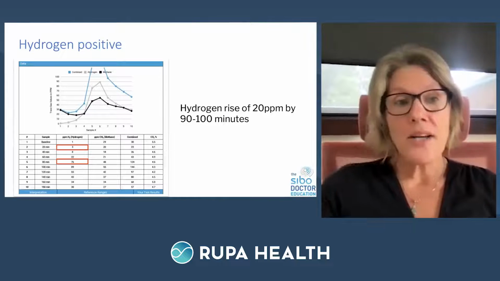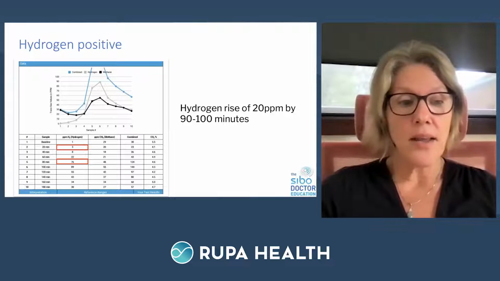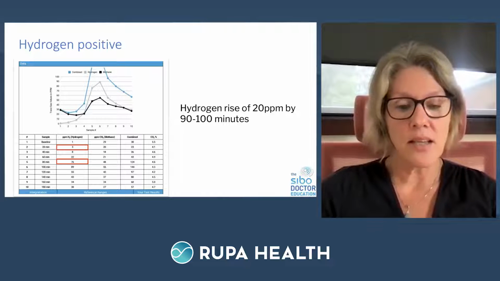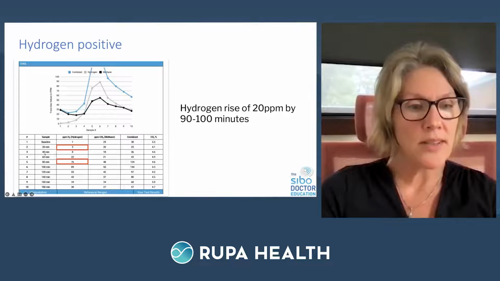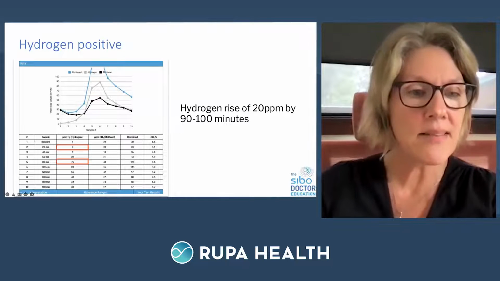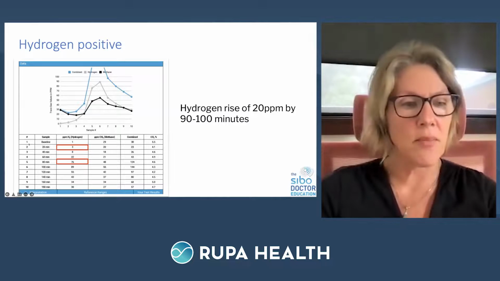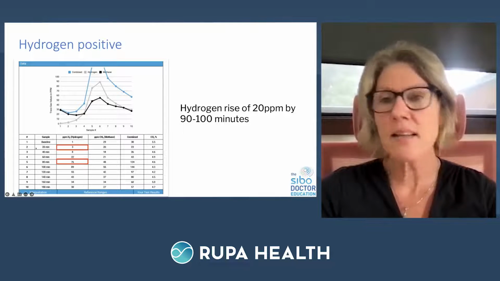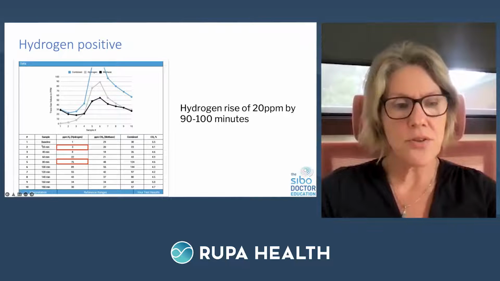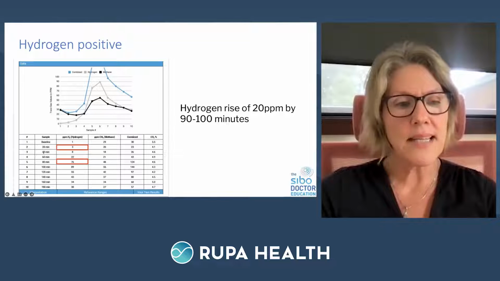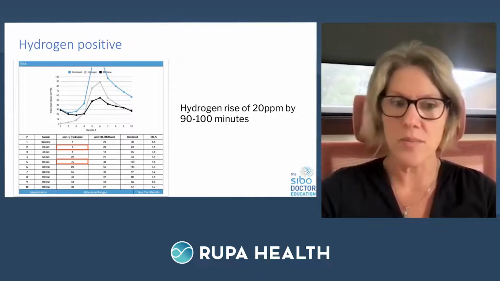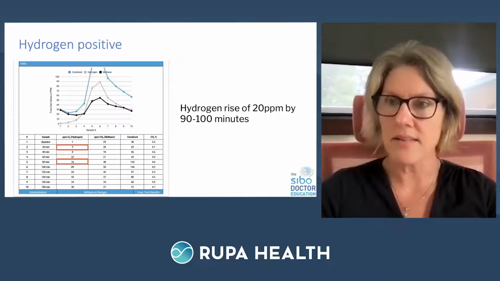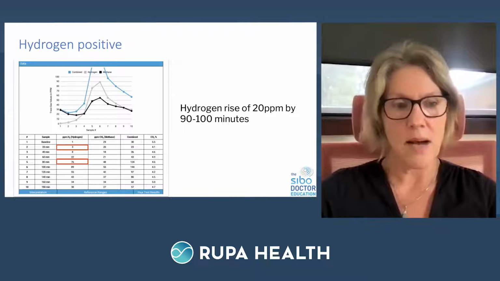So this is what a hydrogen positive test result looks like, where, as you can see here, let's see if my pointer, actually, I'm hoping you can see my mouse moving. But basically, you have your sample numbers, number 1 through 10, and that's every 15 to 20 minutes. So you want to get a reading, and you have your baseline, and the patient actually does the baseline first, and then they consume the substrate, and then every 20 minutes,